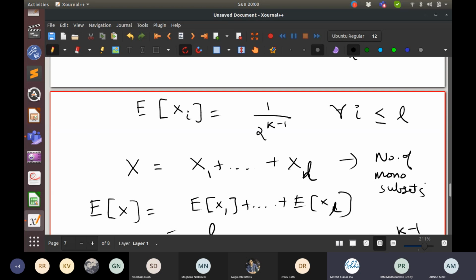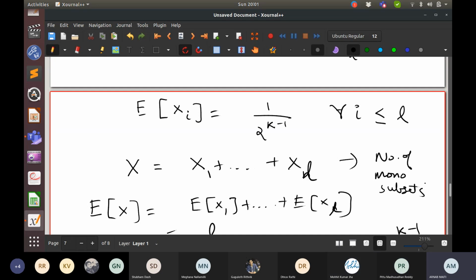Maybe you can actually do this by contradiction without using probability. There is something called counting in two ways. So you can have multiple proofs. Assuming that for every coloring there is a monochromatic set, using counting you can show that there have to be at least more than 2 power k minus 1 sets. Yeah, that's another way to show it.